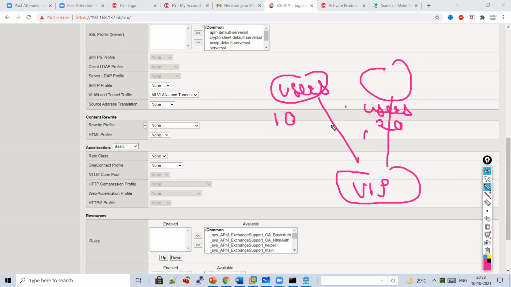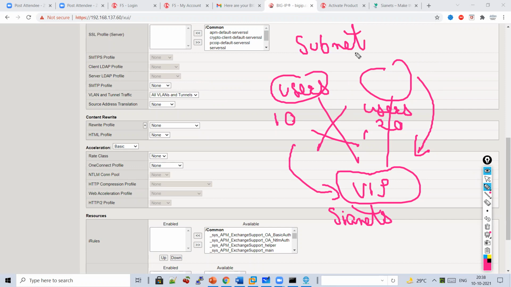I only want users from VLAN 10 to access crnets.com, and only users coming from VLAN 20 should access web. So you can apply restriction at the subnet level: from which VLAN traffic will be allowed, and from which VLAN traffic will not be allowed.